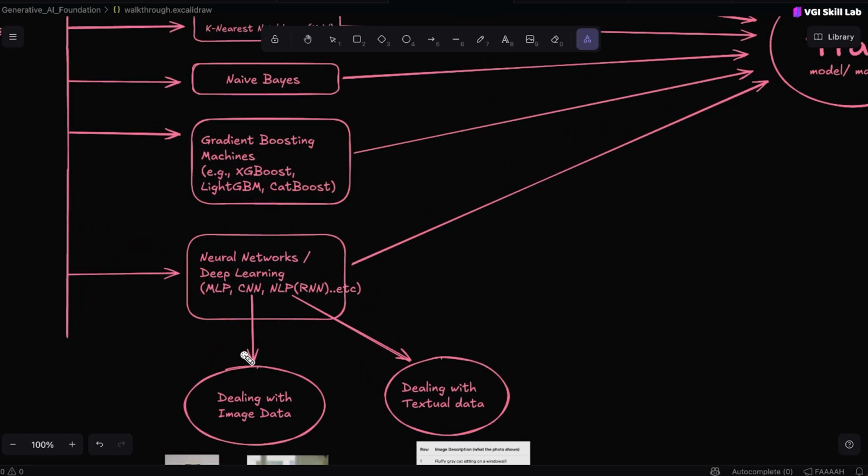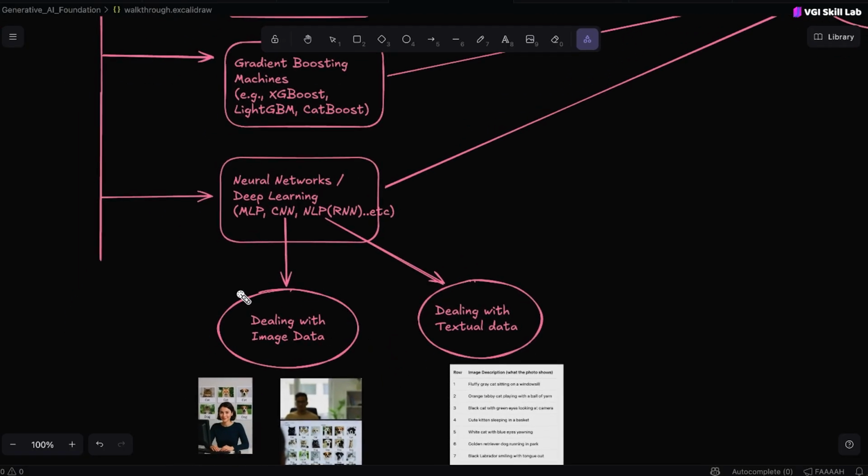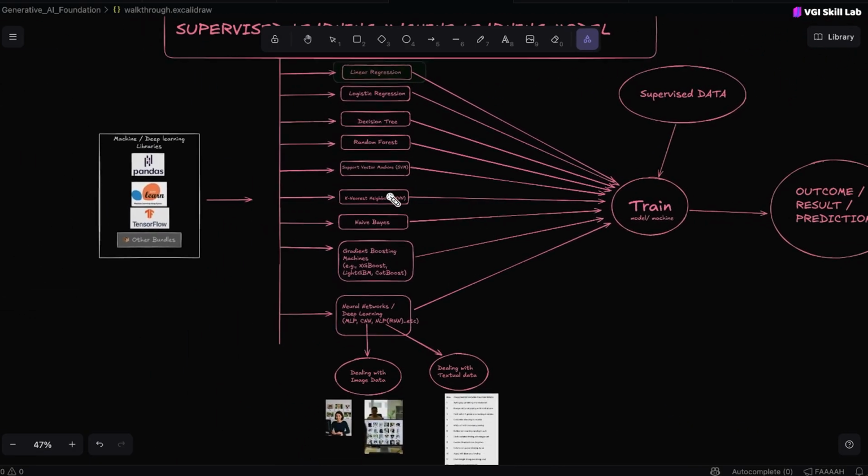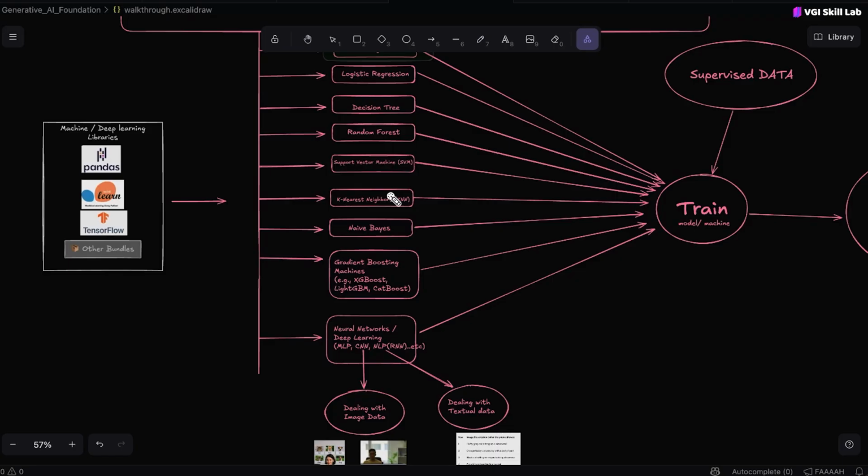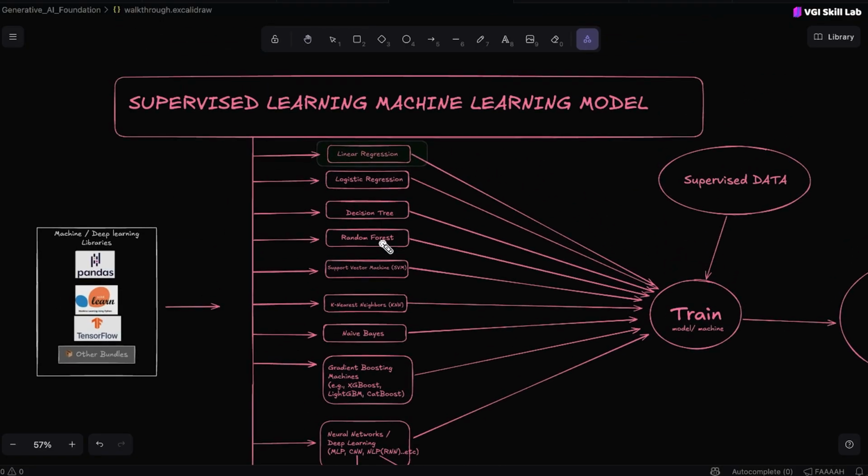So in deep learning there are two things. First is convolutional neural network, and the other thing is NLP. CNN deals with images, NLP deals with text data sets. And again there are some set of algorithms which are only suitable for these things. So these are the list of algorithms. If you have not heard about it before, don't worry about it, because we are not going to cover these things. Our main focus will be on generative AI. Just for showcasing, I represented these things to you.